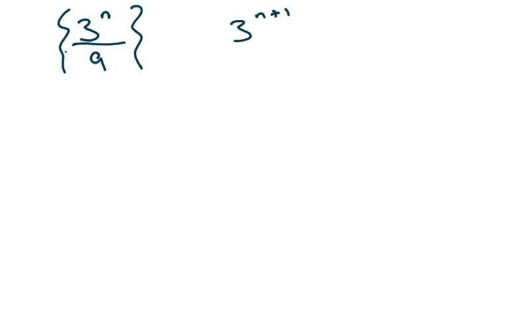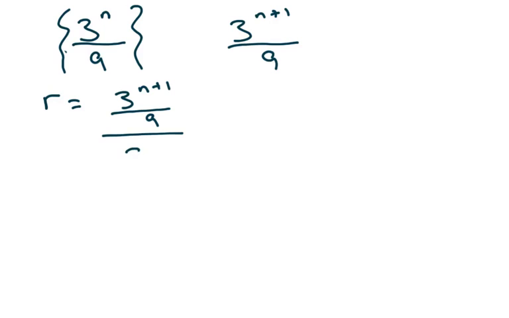Okay, the next problem is very similar. We have our sequence as 3 to the n over 9. So my next term would be 3 to the n plus 1 over 9. You're just adding the 1. So to find your ratio, you're going to take your next term, divide it by your current term, and here the 9's will cancel, and so you're going to get 3 to the n plus 1 minus n equals 3. So 3 is your common ratio, and then you just find your